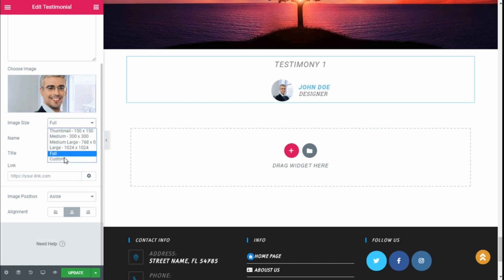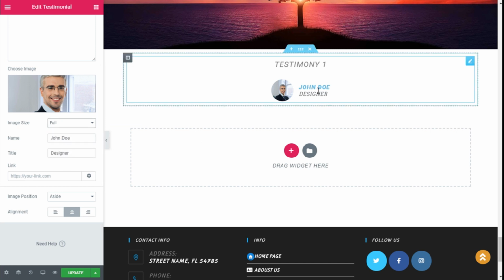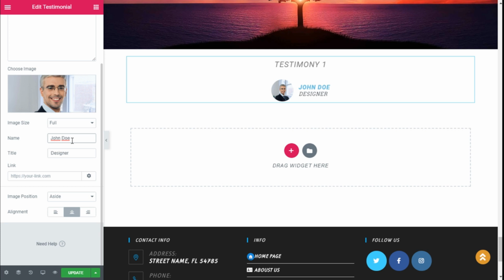We can change the size of the image, but in this case it's not going to have much effect. So we are going to give it a name, name 1 for the example, and a profession. We're going to type shop 1,